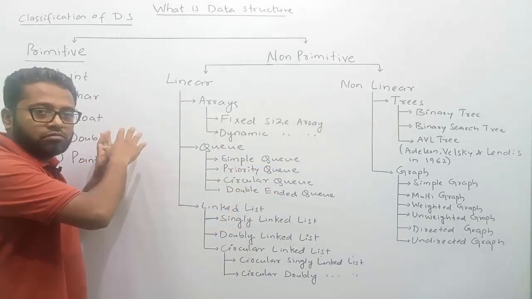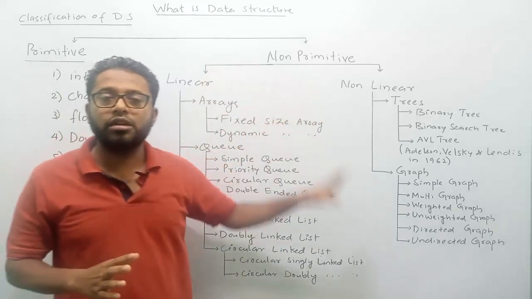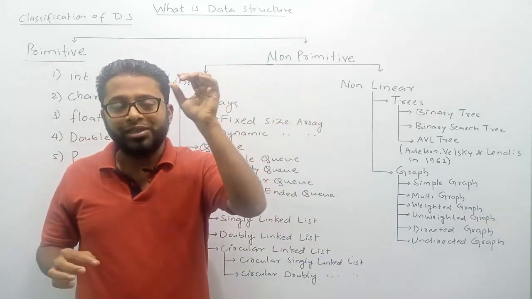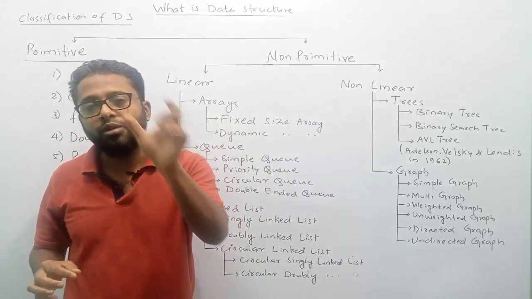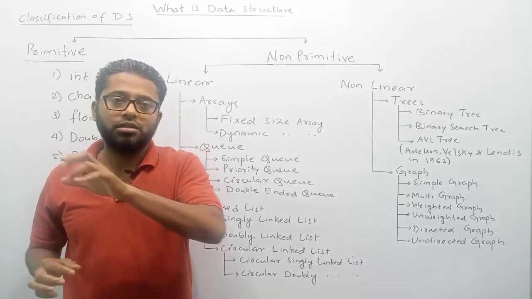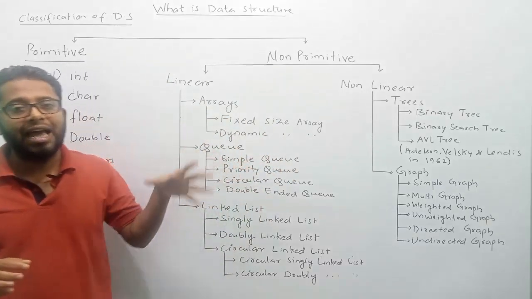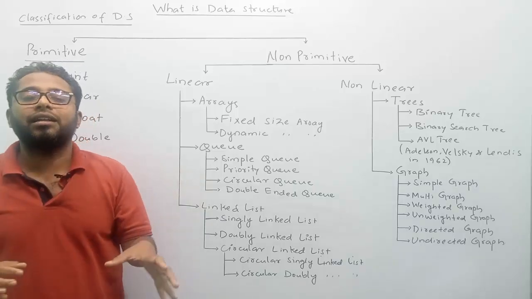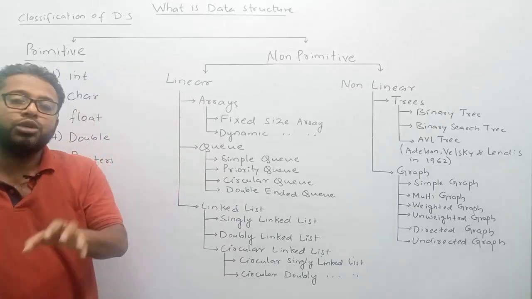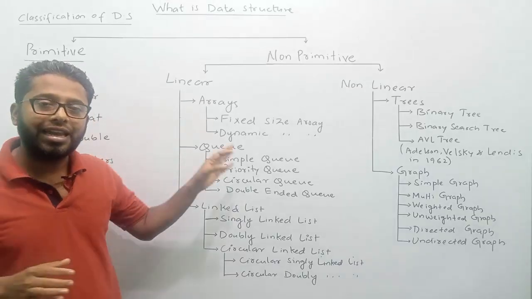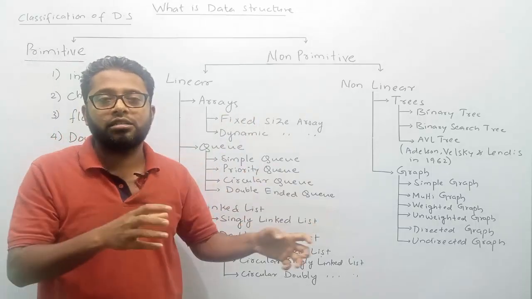There are various concepts: arrays, queues, linked lists, trees, graphs. Whichever data structure is best suitable for your requirement, you should use that data structure. Each and every type of data structure has its own advantages and its own disadvantages as well. Based on your requirement, you need to smartly choose any of the data structures and store the data using that data structure inside the